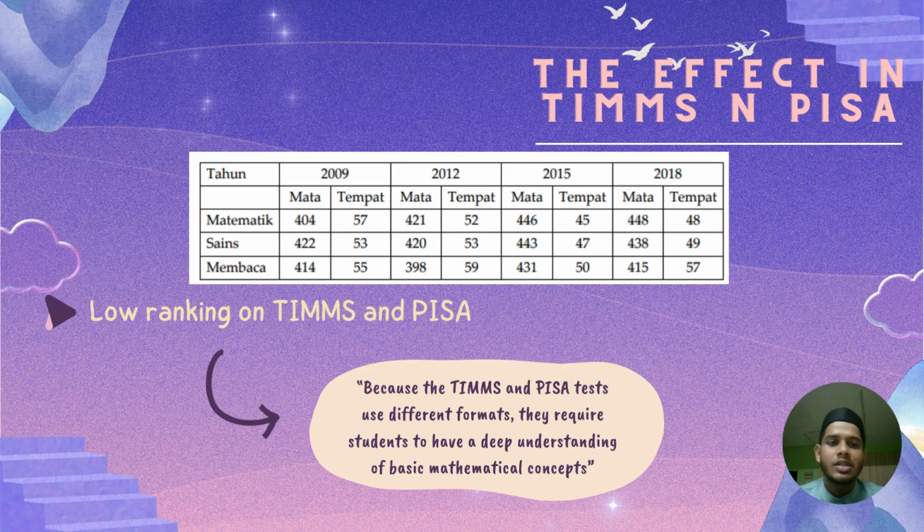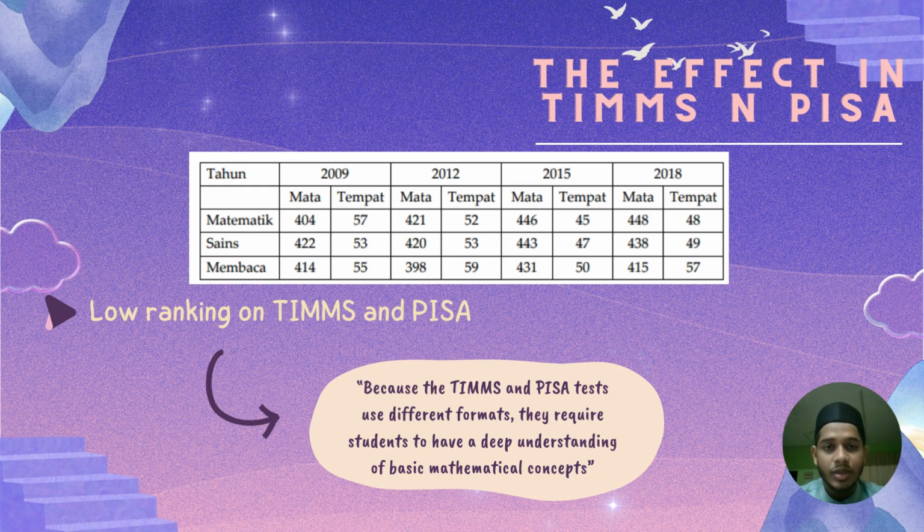Okay, so this is the effect in TIMSS and PISA if our students are weak in mathematics. Okay, so we can see we have got a low ranking on TIMSS and PISA. Firstly, we can conclude it is because TIMSS and PISA test using different formats, so they require students to have a very deep understanding of basic mathematical concepts in order to answer the question. Okay, so we can see